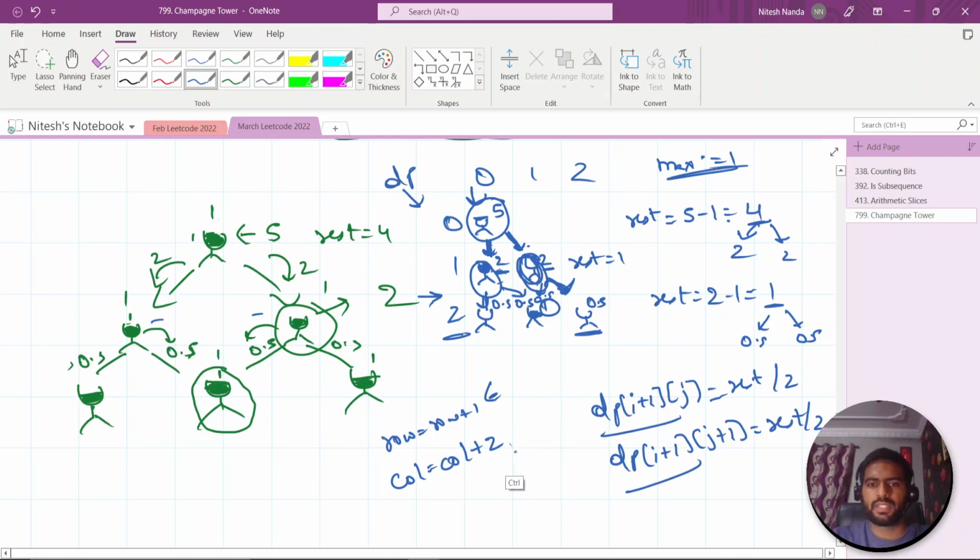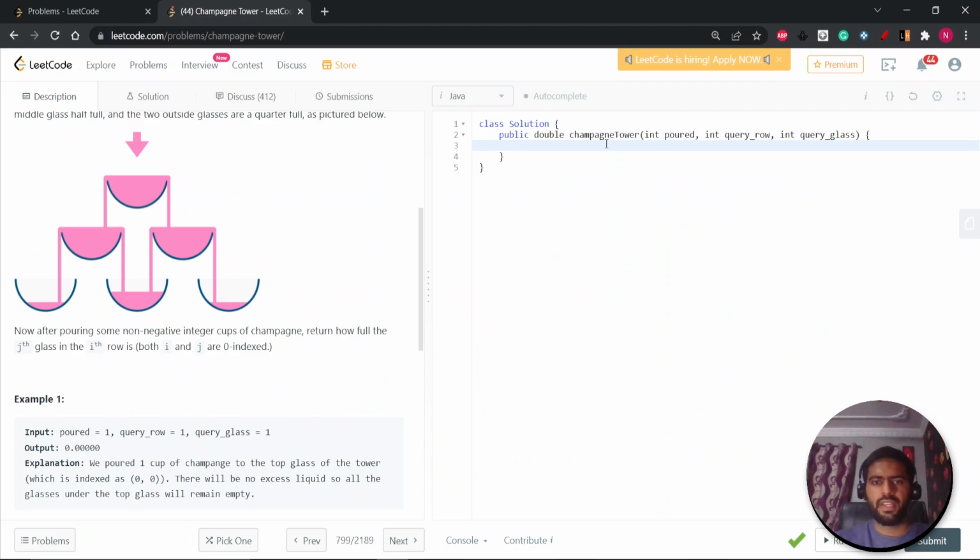So for the 0th index, that's why we are doing column plus 2. Okay, it will be more clear if we write the code. So what we need is a 2D array, basically a double array. So dp equal to new double,